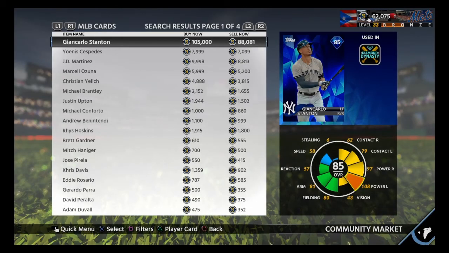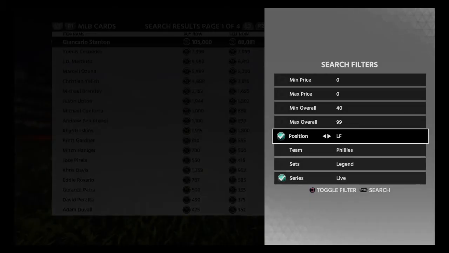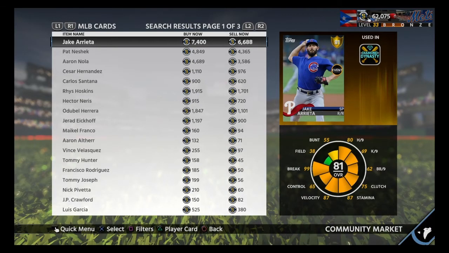And then we go to left field. You've got Stanton, the only diamond there, almost 106,000. So that is a ridiculous amount of stubs that you need, at least for one player. At least that's what we saw, 64,000, which was Blackmon, to get a diamond outfielder. Just a diamond outfielder, nobody else. And if you go to the Phillies, you're getting 3 golds and a diamond for only